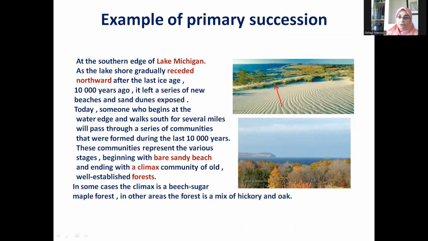So actually, what receded was the seawater, and when the water receded northward after the last ice age, about 10,000 years ago, new sand beaches and new sand dunes were exposed. And today, if someone begins at the water edge and walks south for several miles, you will pass through a series of communities of plants and living organisms that have been formed over the last 10,000 years,